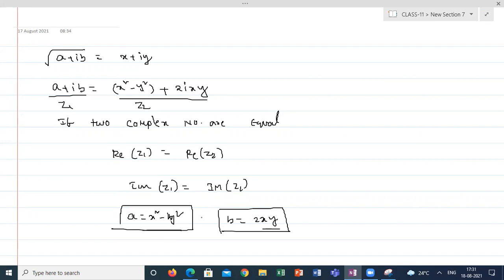Don't look into whether it is part of the textbook or not. There is a chance, but in case of MCQs, take the answer and square it. In case of MCQs, we won't do this method. We just take the answer and square it, since we are having the answers. The square of the right one is only a plus ib. Suppose I am giving 4 options, whichever option's square gives the correct answer is the right option. That is a shortcut method we will use in MCQs. But in a descriptive exam, you can use this method.